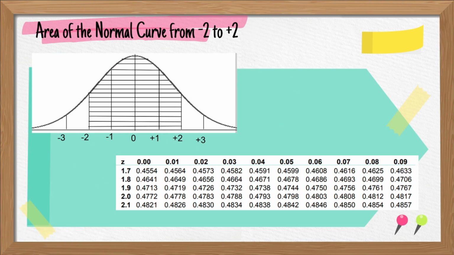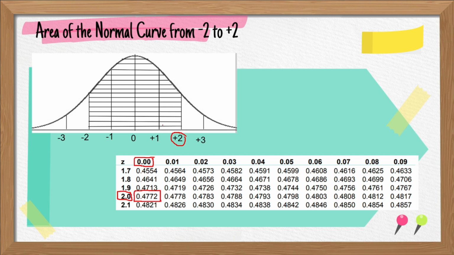So, area of the normal curve from negative 2 to positive 2. So, hanapin natin yung z-score na positive 2 sa ating z-table. So, dito natin siya makikita. Positive 2.0 at 0.00. Hindi natin pwedeng gamitin yung 0.01 kasi whole number lang na 2 ang kailangan natin. So, ang katapat niya ay